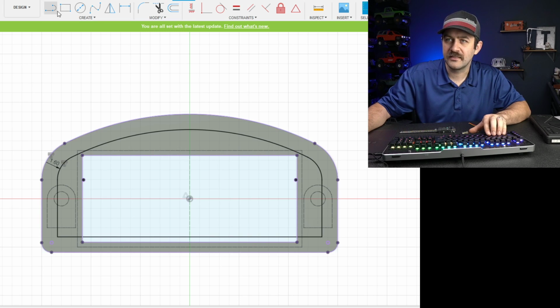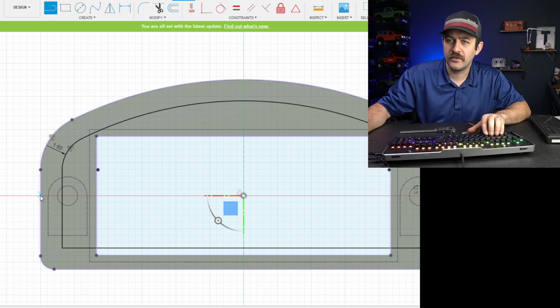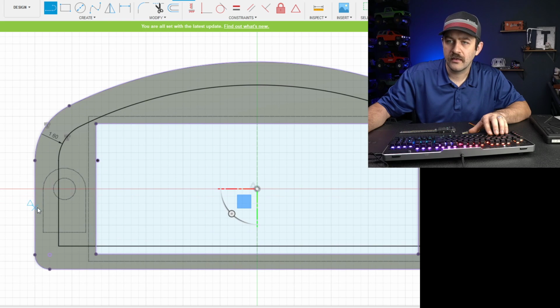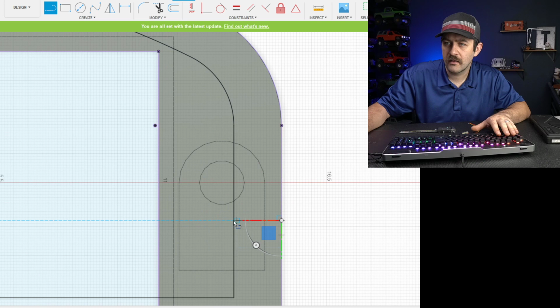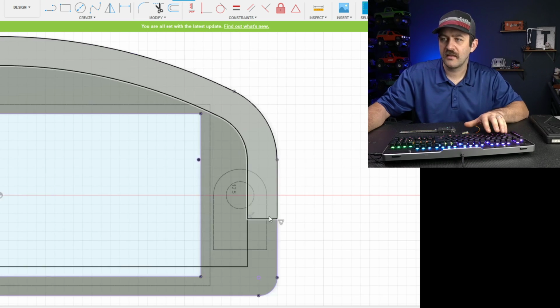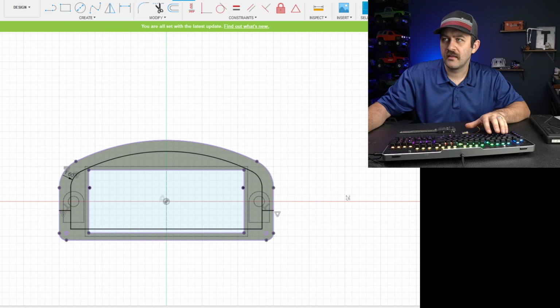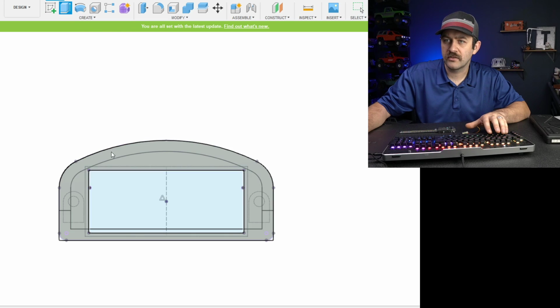So that gives us that. And then we're going to give it an ending point at the mid span of this side. That, extrude, and we're just going to